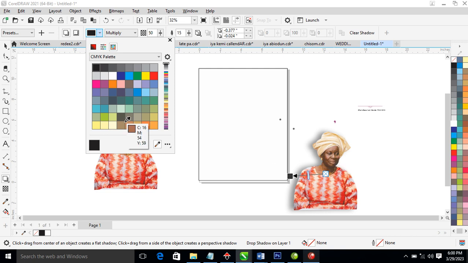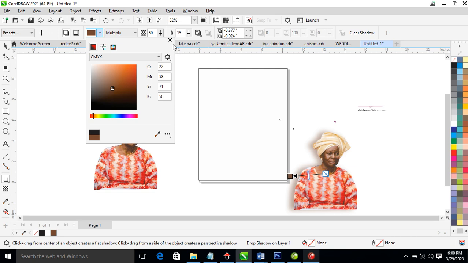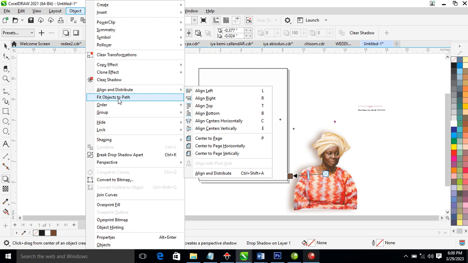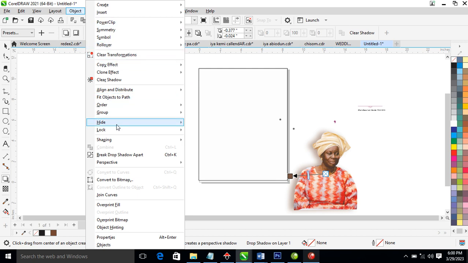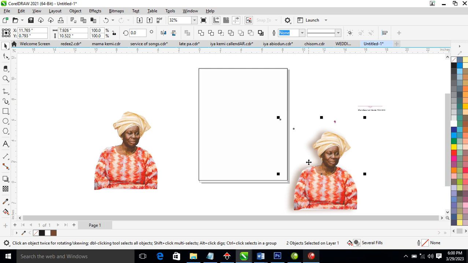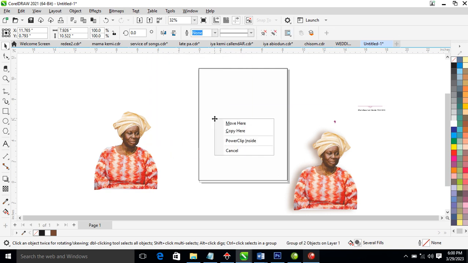use your color eyedropper to sample the color right here. So after that, close, go ahead to your object, break that into pieces, break drop shadow apart. Make sure that it's apart, then you go ahead and group it all up. So clip that into place,